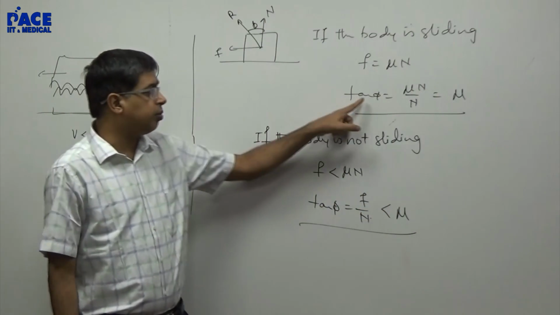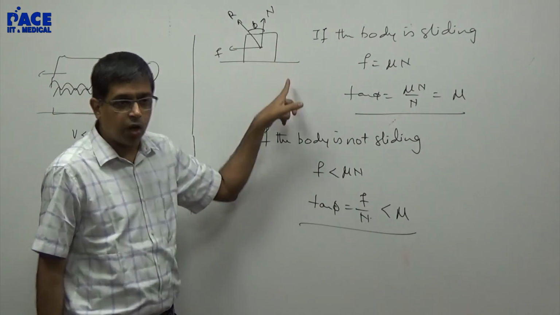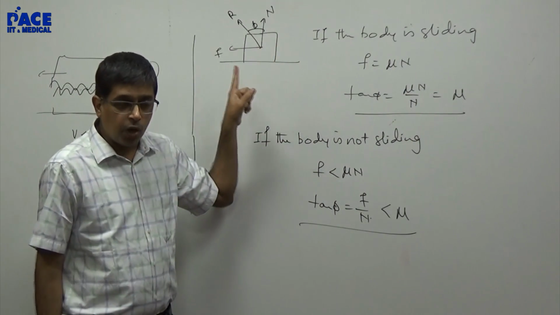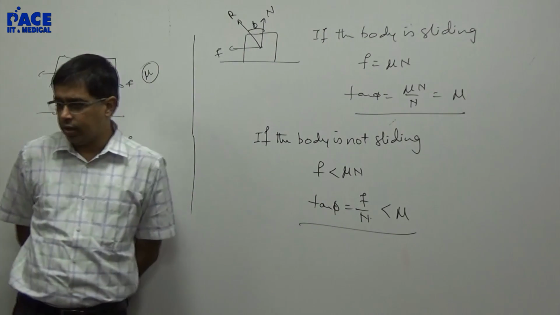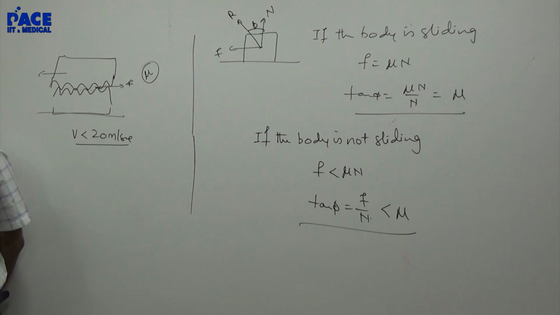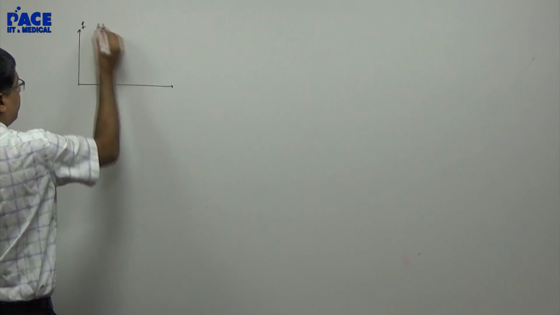Do not assume tan phi always to be equal to mu. That happens only if the block is sliding. If the block is not sliding, frictional force will be less than mu n. So tan phi will be less than mu. Look at this. When you draw the graph for friction,